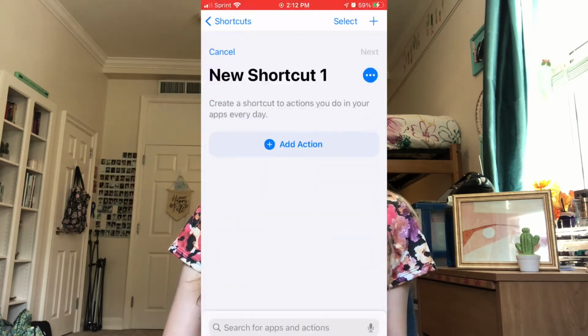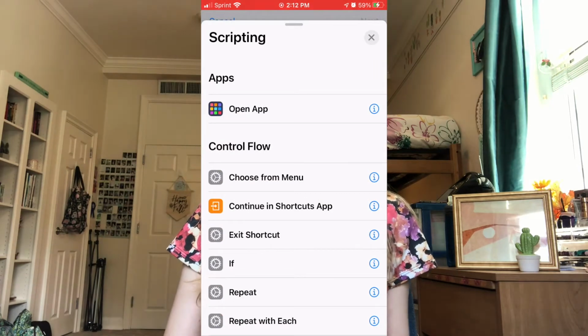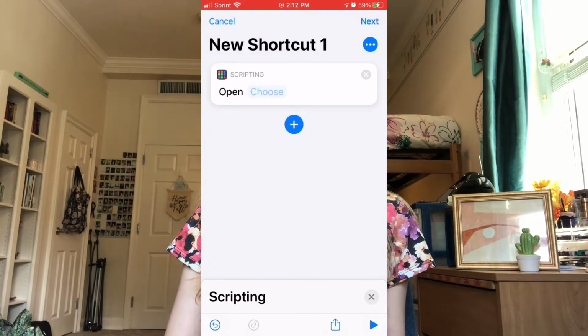and then click the plus. And then if you want to make a cute little icon for your app, what you're going to want to do is click the scripting option. It's a little X looking logo, so you want to click on scripting, and then it'll give you a couple options, and you want to click Open App, which is at the top of the list. Then it'll say Open, and then it'll have a little box that says Choose, so you can just click on Choose, and then